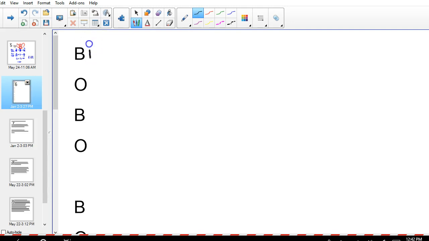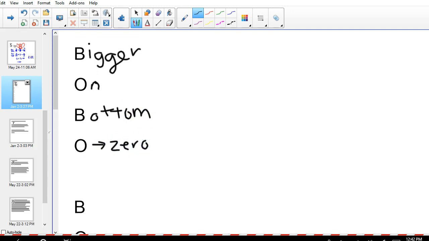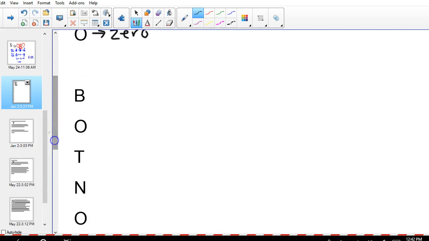So if it is bigger on bottom, then you get 0. So that O right there, of course, is 0. Right? So your horizontal asymptote would be 0, which we're going to talk about on Thursday, or in this case, the limit is 0. If whatever you're dealing with is bigger on the bottom. If it's bigger on top,